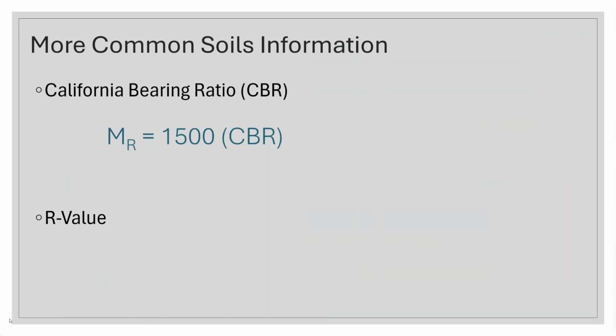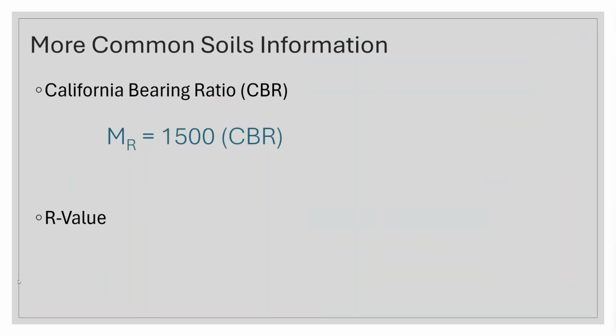So there is a very generic relationship that if you take the CBR number and multiply it by 1,500, that gives you sort of an idea of what the resilient modulus might be. That is not a magical relationship. It's really not that accurate, but it at least gives you some ideas. I wouldn't base a major design on this by any means, but it's something to get us mentally in the right context of what the numbers mean.